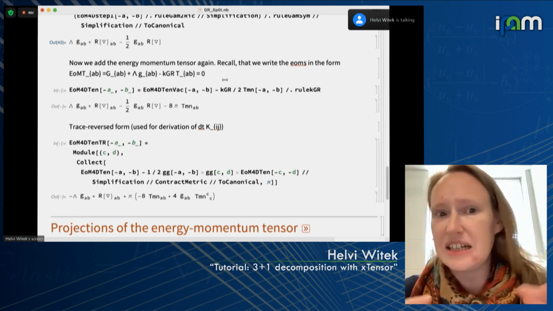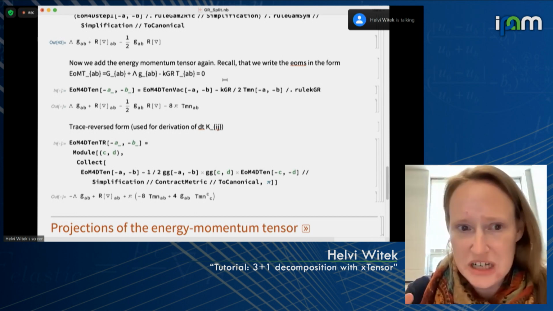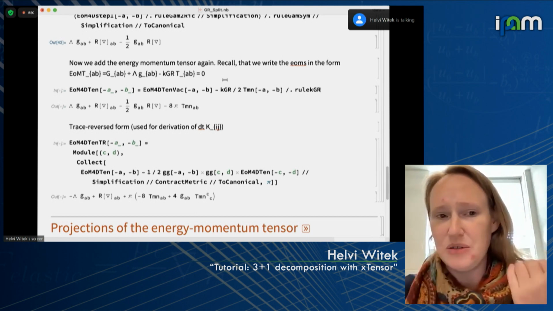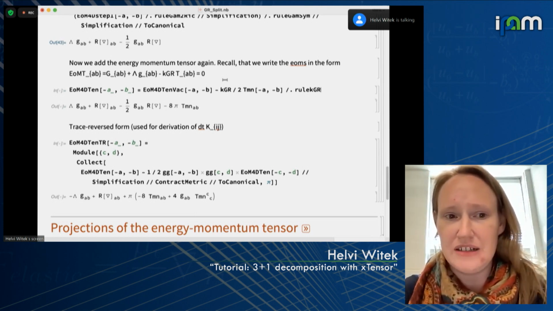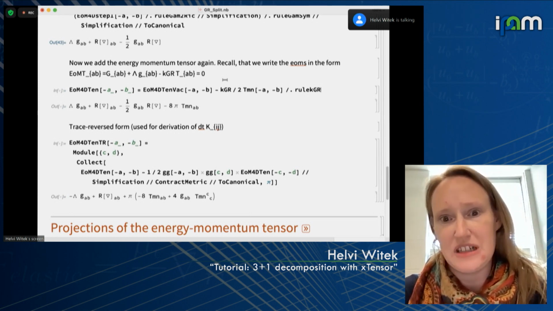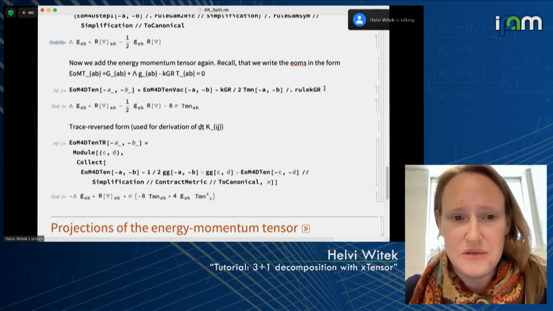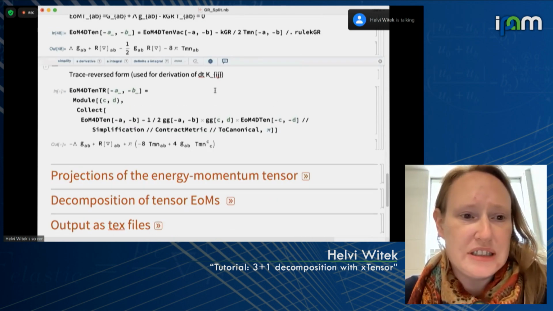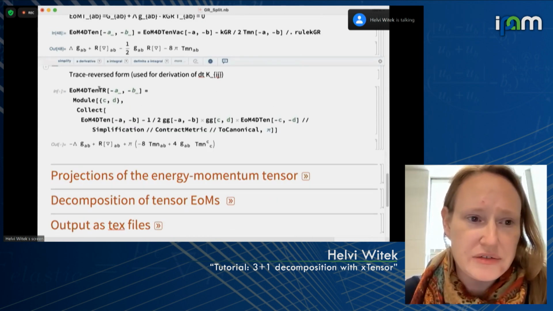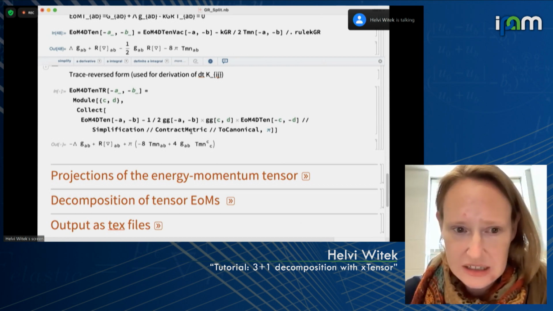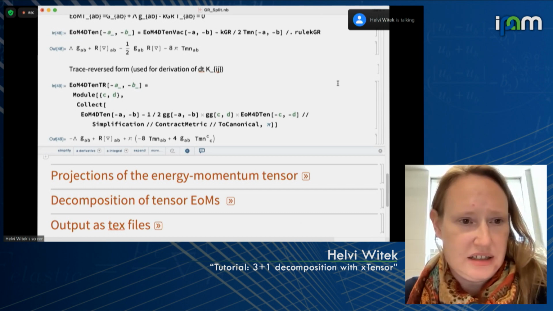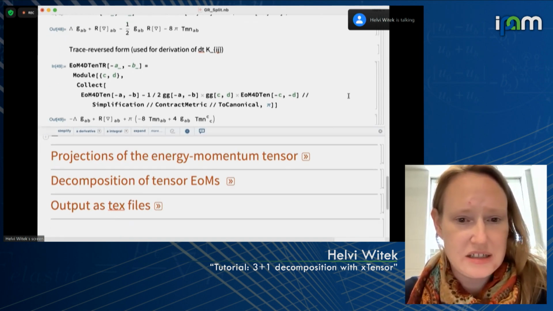And the reason is that if I now start manipulating those expressions, then manipulating a 0, I can make fewer mistakes than having to keep track of the left-hand side and right-hand side separately. So this is just to reduce possible errors. And then I'm also defining the trace reversed version of the field equations, like so. And these are our field equations. So let's start with,